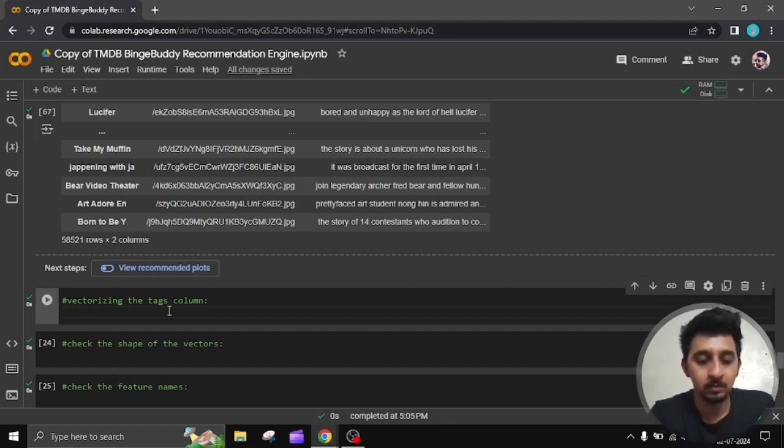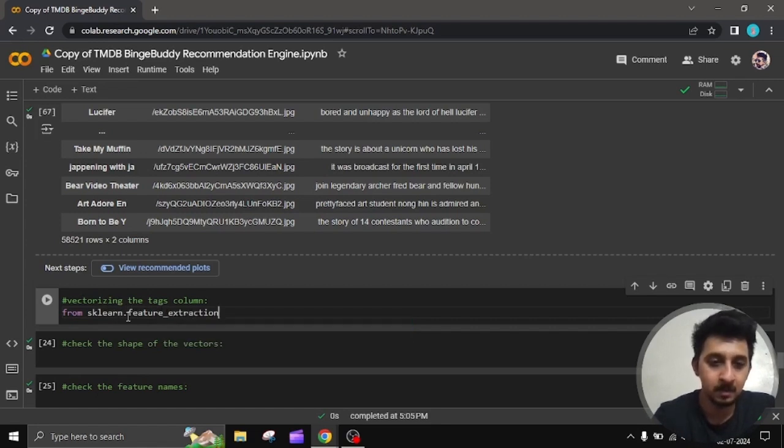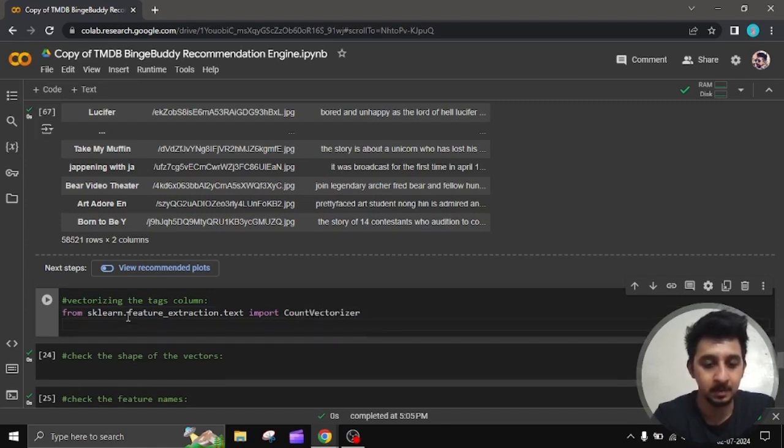So we will first import a count vectorizer. So from sklearn dot feature extraction dot text import CountVectorizer. By the name cv I will create an object of CountVectorizer. So in CountVectorizer we need to pass a few things. So the first thing that we need to pass is